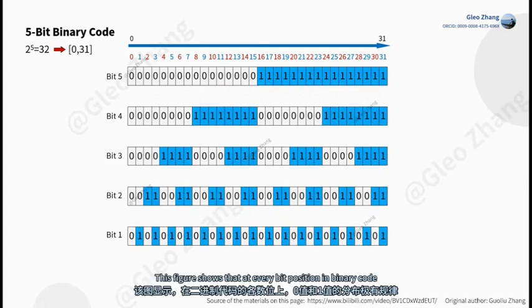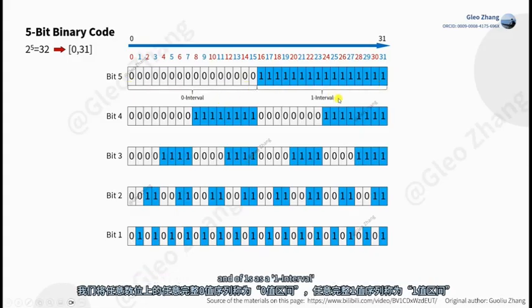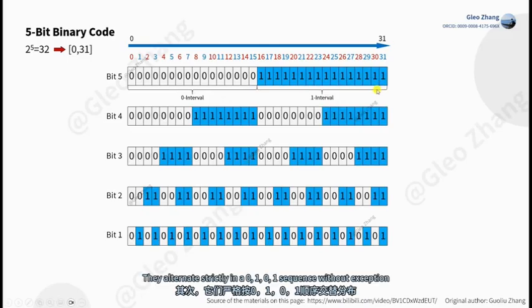This figure shows that at every bit position in binary code, the distributions of 0 values and 1 values exhibit perfect regularity. We define any complete continuous sequence of zeros at a bit position as a 0 interval, and of 1s as a 1 interval. Here's what stands out. Firstly, for every bit position, its 0 intervals and 1 intervals are of equal length. Secondly, they alternate strictly in a